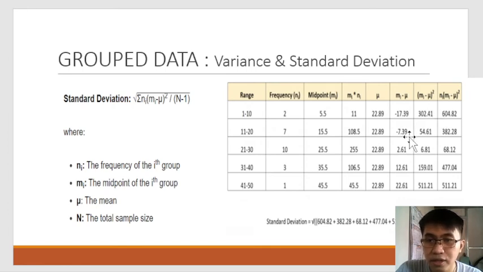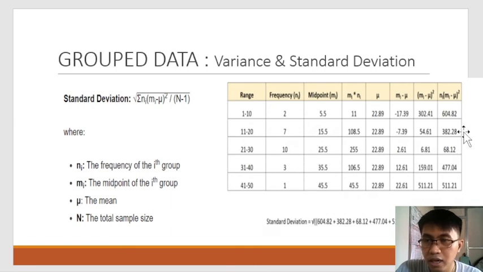Negative 7.39 squared is 54.61 and so on. Next, yung squared values po ng midpoint minus the mean multiply to your frequency. So, 2 times 302.41 is 604.82 and so on. 7 times 54.61 is